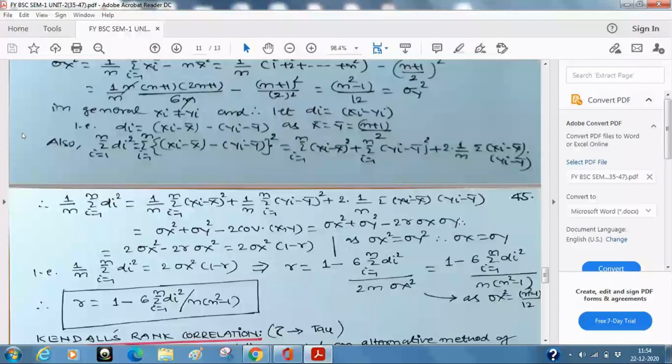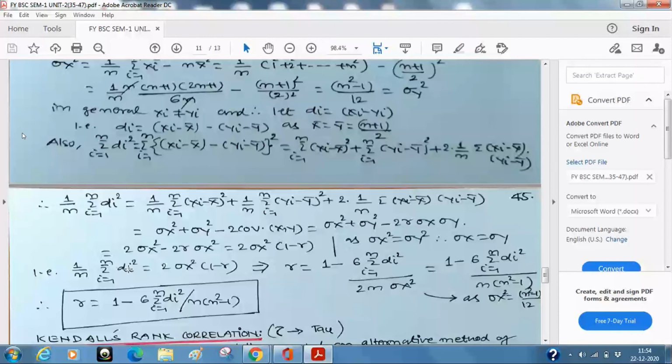Now from here take 2 sigma x square common, तो अंदर क्या बचेगा, 1 minus r. This is your right hand side. OK, what was the left hand side? It is this, already 1 upon n summation i is equal to 1 to n summation di square. So what do we get? We get 2 times sigma x square into 1 minus r, which is from here.